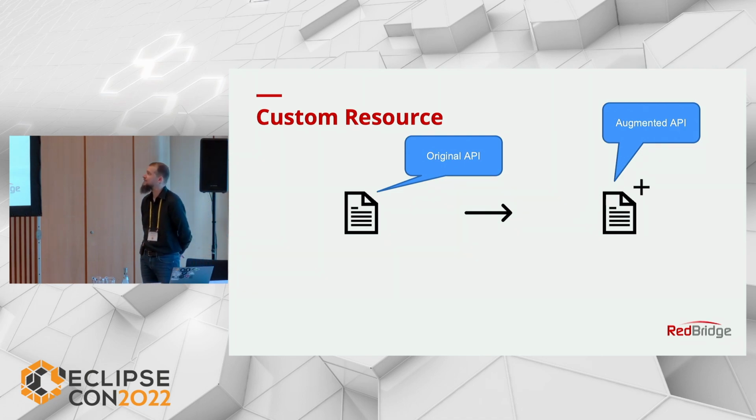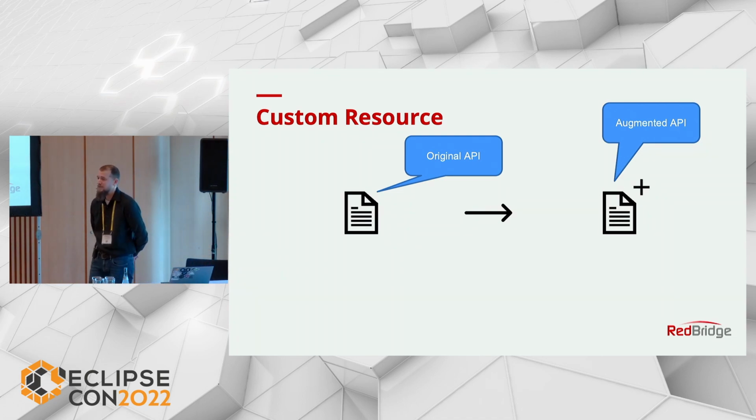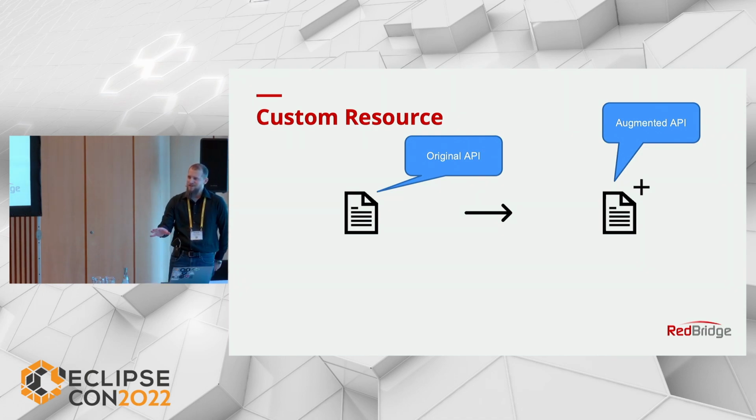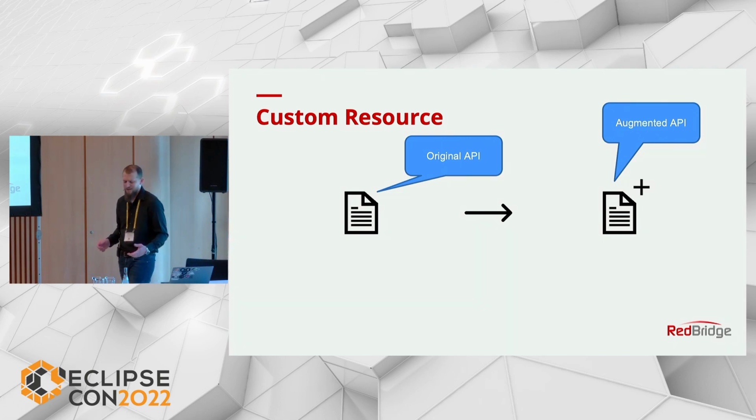And in the end, what's the custom resource? Well, we have the original API, we add the custom resource definition, and now we have an augmented API in Kubernetes. So we have something new in the API that kubectl or whatever else can act on. And that's, as you may remember from before, to me the simplified definition of the difference between a controller and an operator.